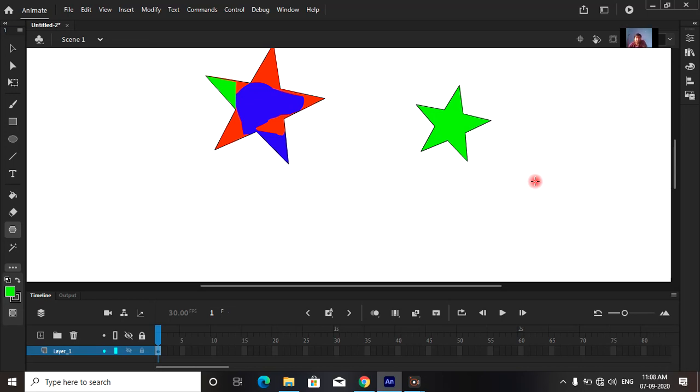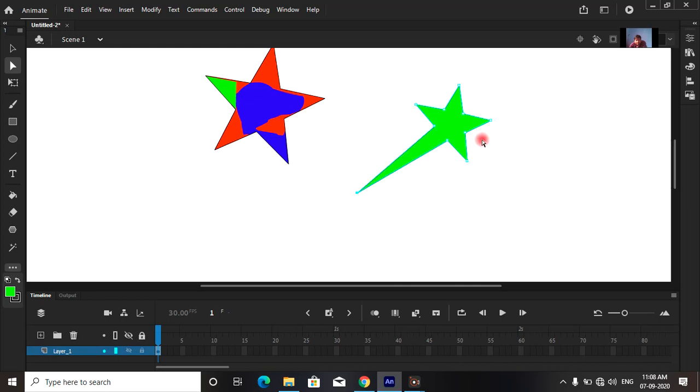For transforming the object, we use the pen tool. The pen tool is here, and click over here. Now see, the nodes will appear outside of the stroke. Now I am going to change this star into another form. For that we have to select here. This is the sub selection tool. Click on the sub selection tool and click on the nodes.